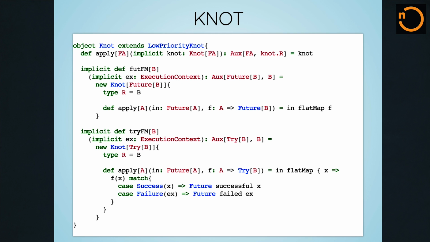And the second case is if you would get a future of try of B, you just get a future of B, and that's it. I'm just flat mapping as much as I can. I've left off the low priority because that's pretty straightforward. It's just map. And if you were to think about this in the context of what was going on up here,